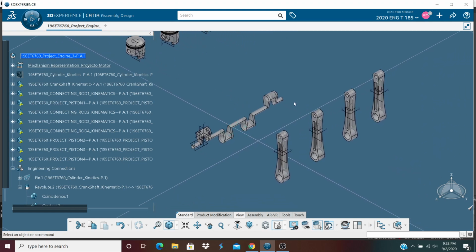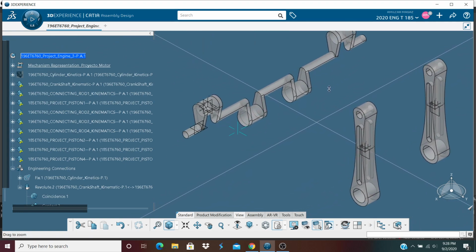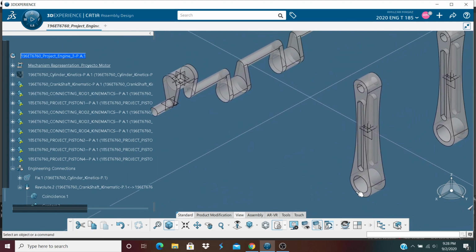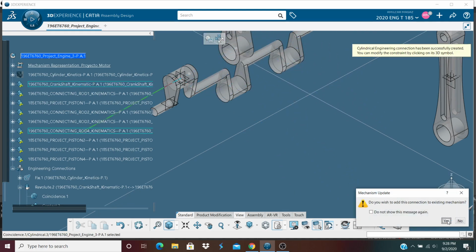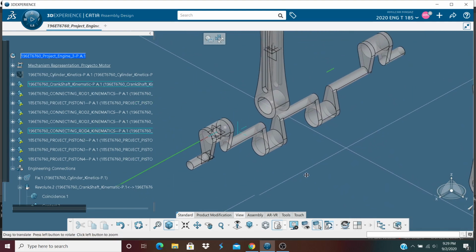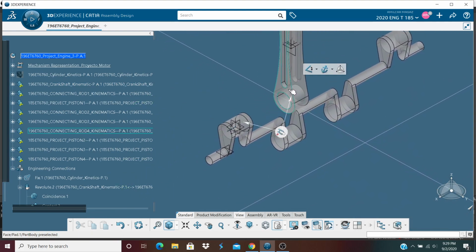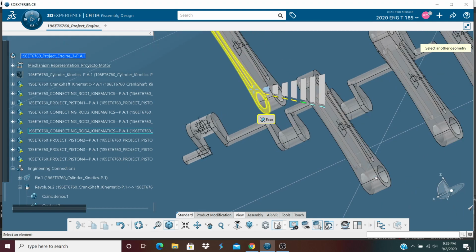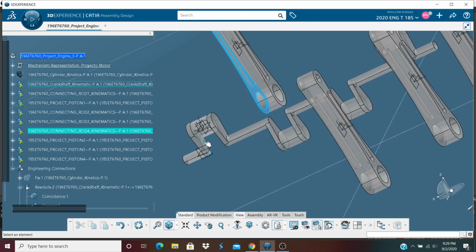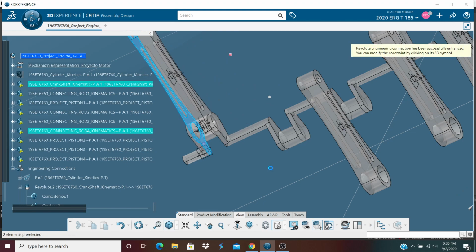Let's start with the rods, connection of the rods. We use the same procedure we were using last time. We make it coincide with this part here, and it will ask you if you want to create a connection. You say yes. You go here to first create your contact with this part here on the crankshaft. Once the contact is created,